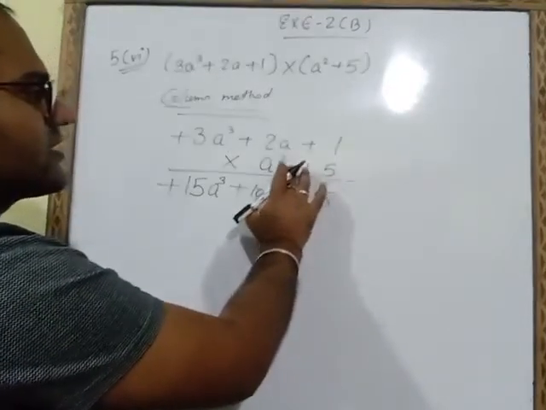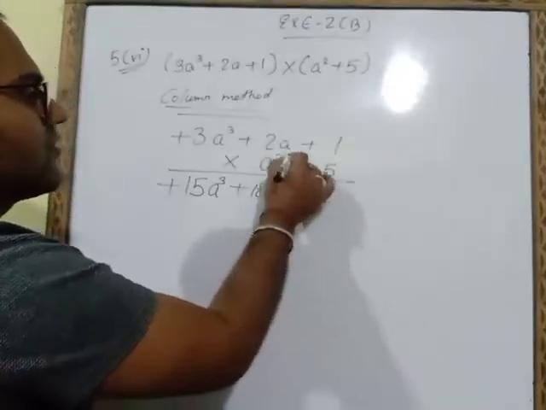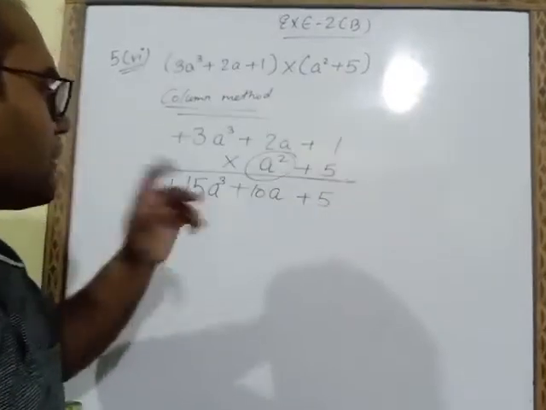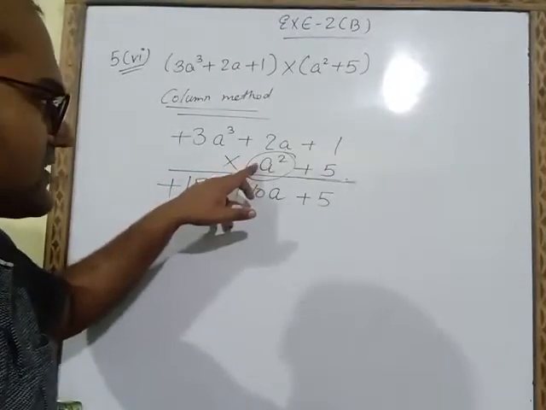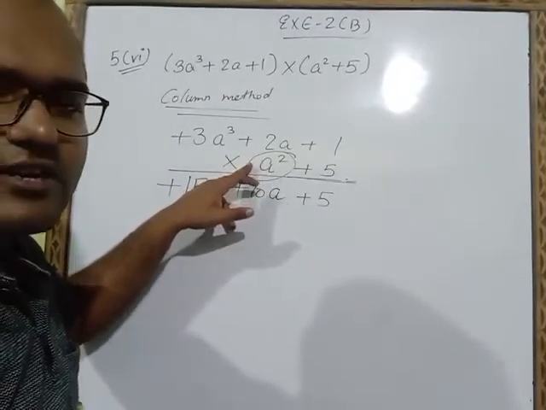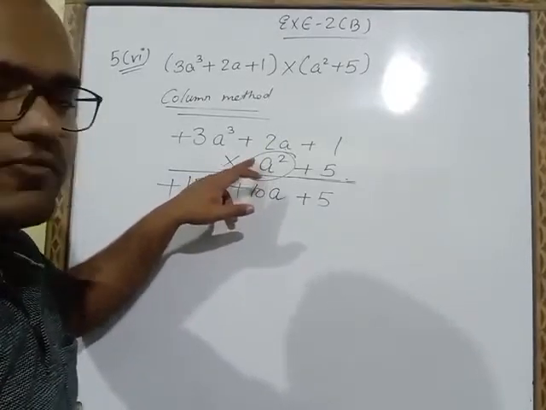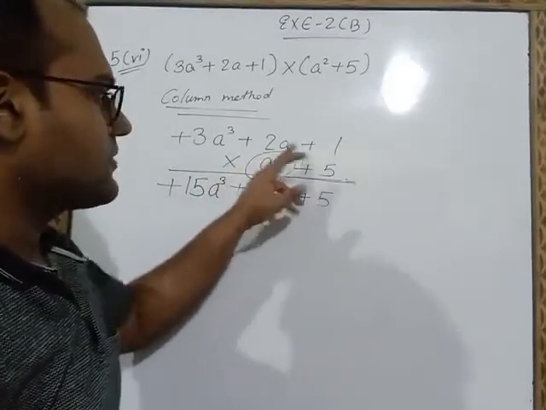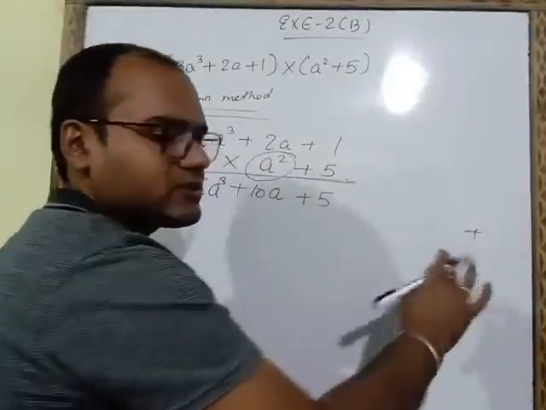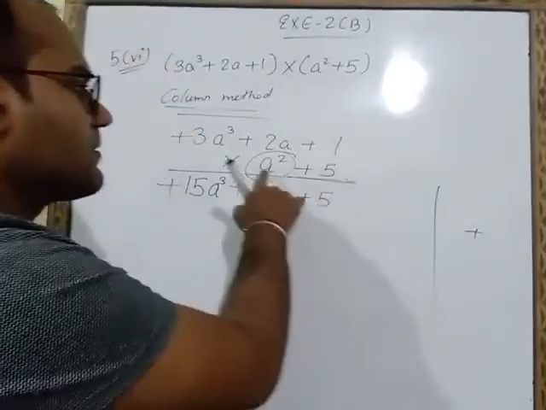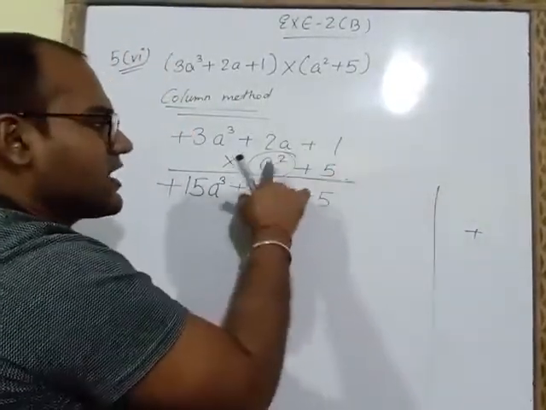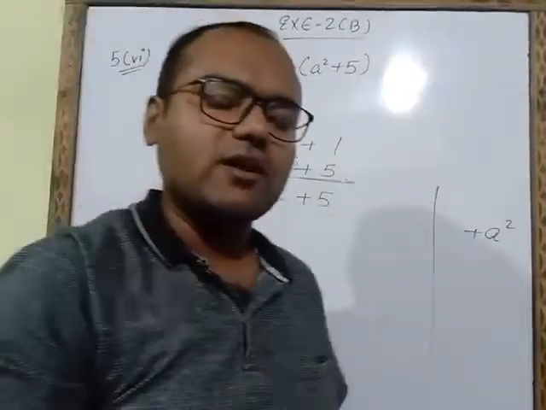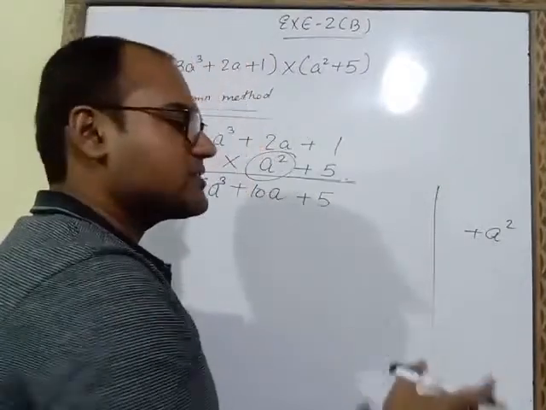Now we will take another term. This term we have to multiply with the full algebraic expression. So we have to multiply the sign first. Plus a square, on the left hand what is the sign? No sign is given on the left hand of a square, that means we have to take plus. Plus multiply 1 is having plus sign. So plus multiply plus, first of all we will write in the rough work. Plus multiply plus, a square, 1 times a square. Whenever we multiply anything with 1, the answer will remain the same. We will get the same answer, that is a square.